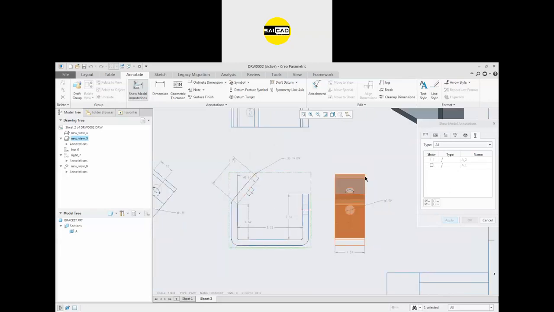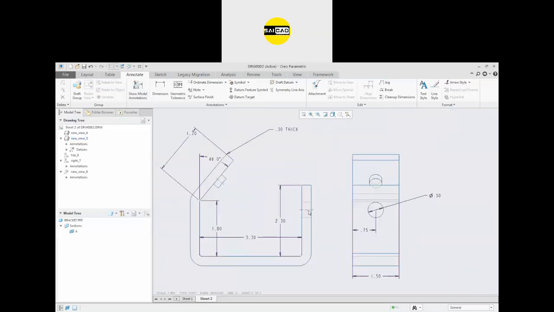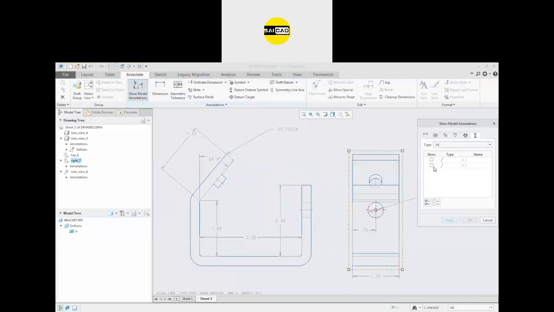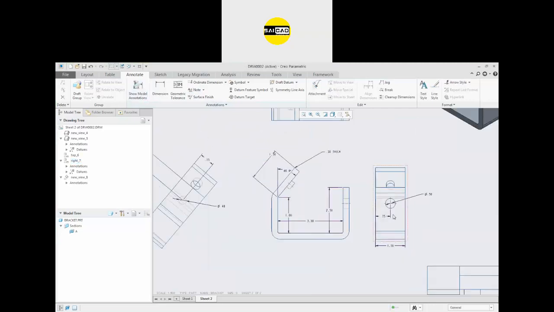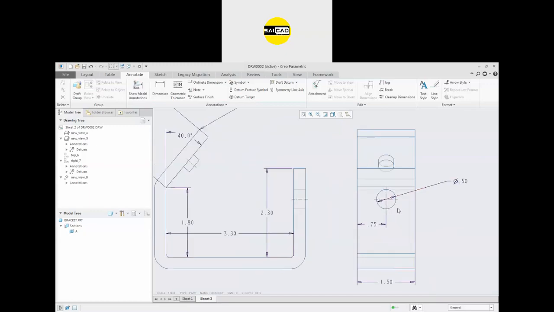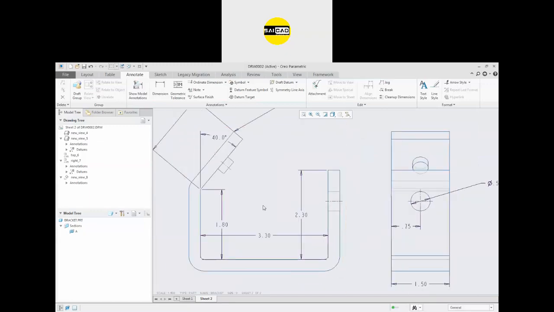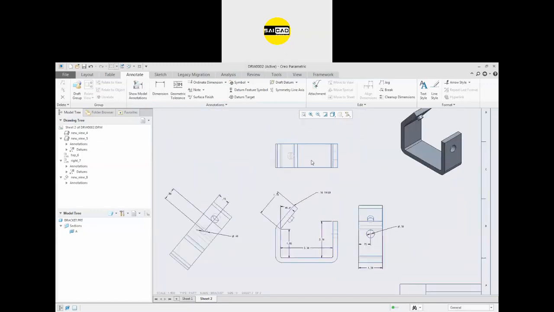So I just want to select multiple views like that. So there are some axes. Okay, select both, apply. Now I want to see the axis in this view. For that, you can just select this one also. I want only this one to apply. It's like dimension, defining the dimension. So there is a center line, you can define that. Okay.